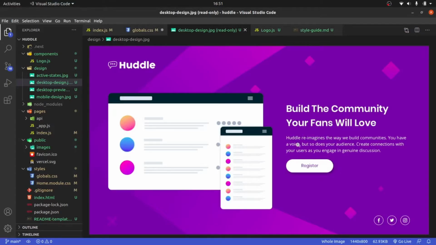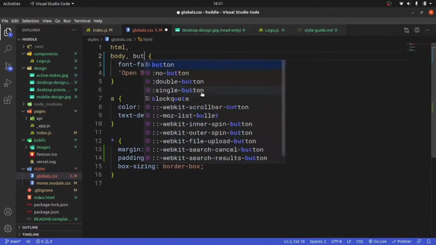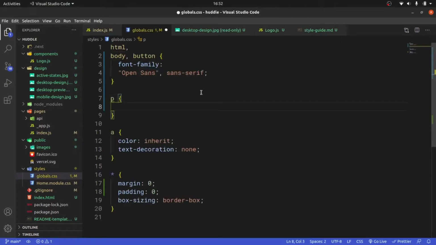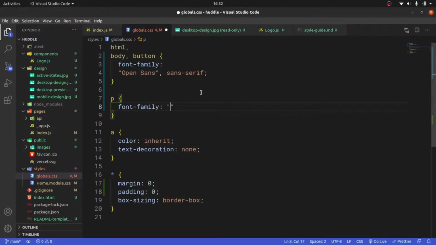Okay, and then the Open Sans is the paragraph only. So the header and the button have the Poppins font on them. So let's do that. I can go inside here, and I can say for the button as well. And then below this, I'm going to place a paragraph that says font family, and set this to... oh wait, I did that wrongly. This should be Open Sans with a fallback of sans serif, and then this should be Poppins,